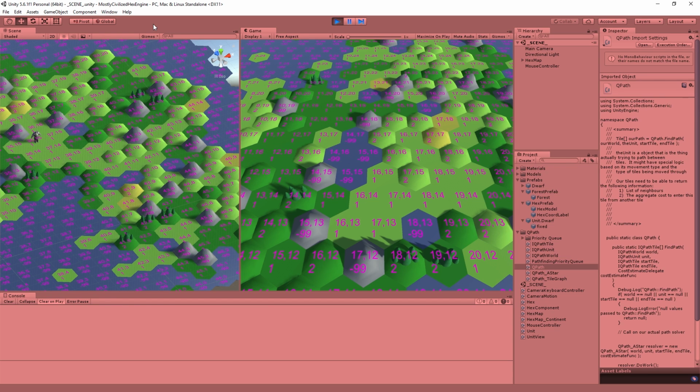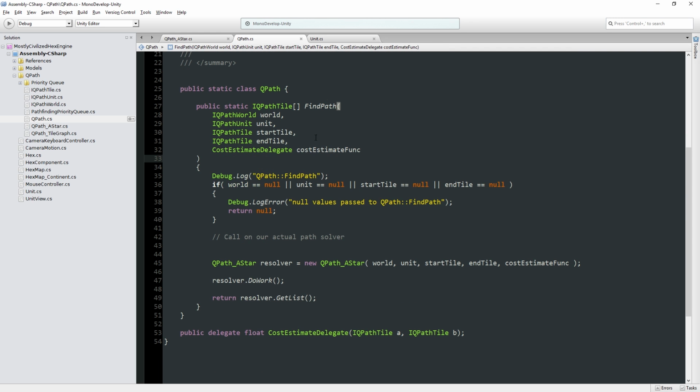There are a couple of things I think we're going to tackle in today's video. The first thing we're going to do is follow up on some of the work we did during the live stream for the Pathfinding, and I'd said at the end of the live stream that what I was going to do probably is revisit just this find path function and turn it into something that uses generics